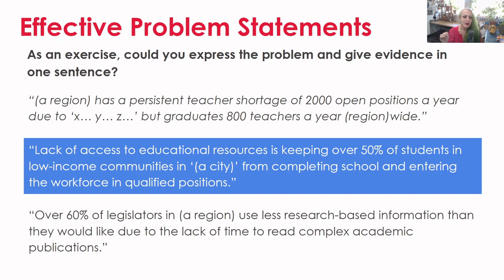So another example, lack of access to educational resources is keeping over 50% of students in low-income communities in a city from completing school and entering the workforce in qualified positions. So here again, it's very clear. We gave them clear statistics. Naturally, we would have evidence for that. We would have a reliable source for all of that. But the reviewer already understands that there's a lack of access, there's a lack of educational resources, and there's a lack of